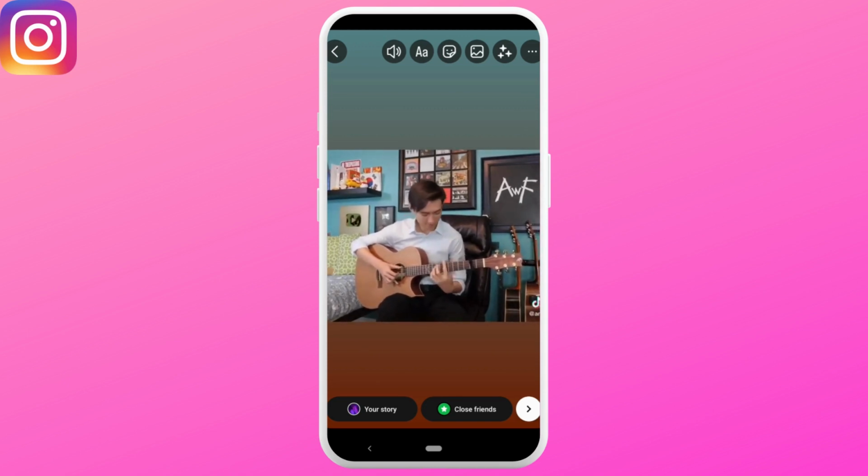Once you are done editing your video, click on your story at the bottom and it will upload your video on your story successfully. So this is it, and this was the tutorial video on how to upload